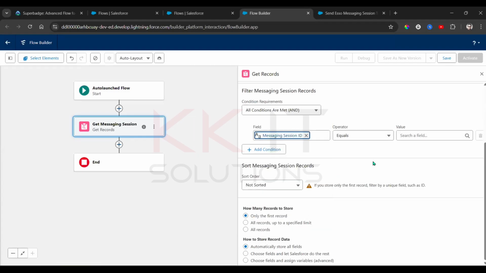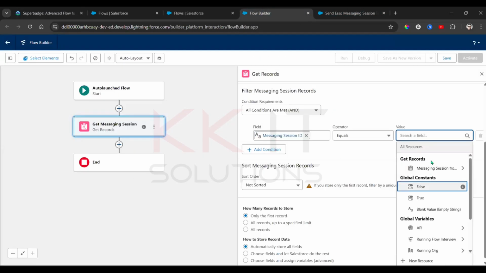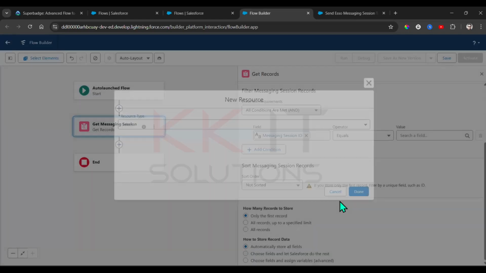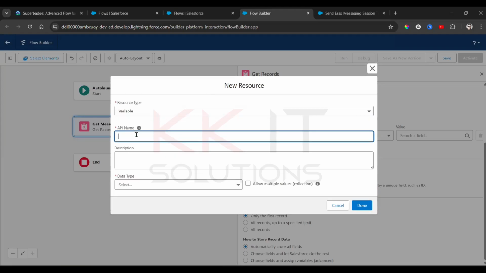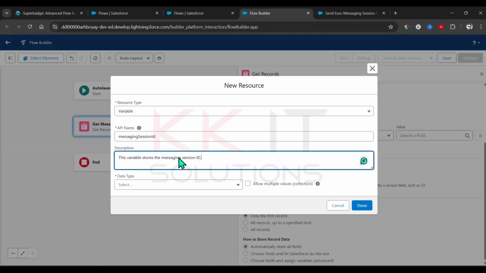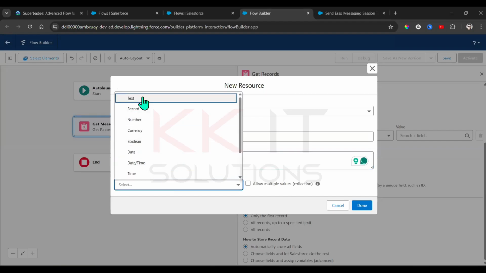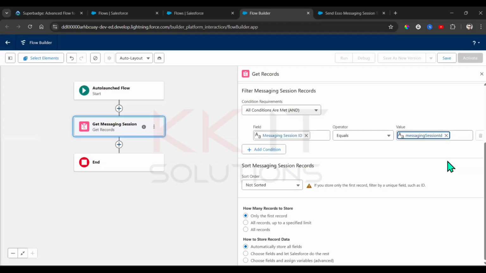I just select the new resource, variable, session ID, description, data type is text, variable for input, done. Variable for the input. Next,